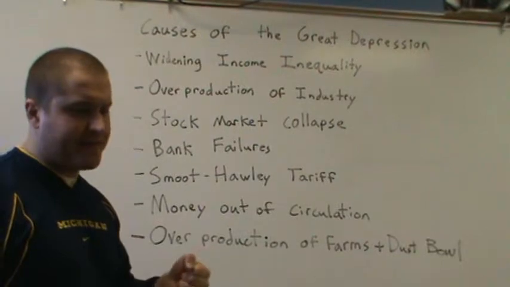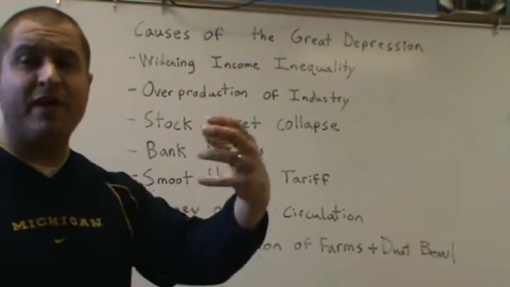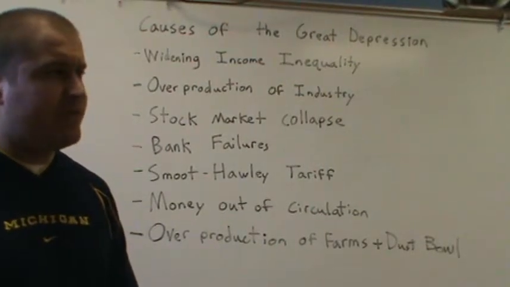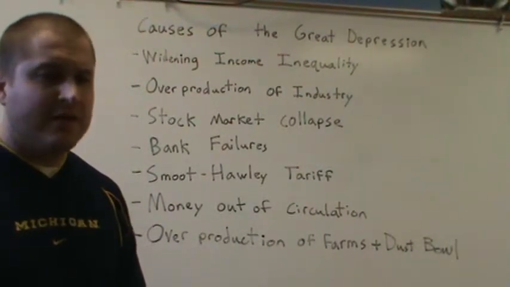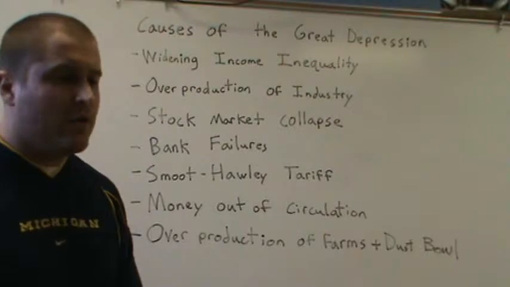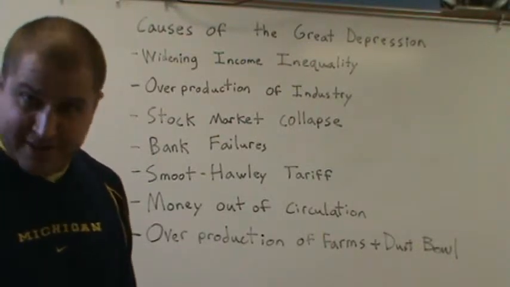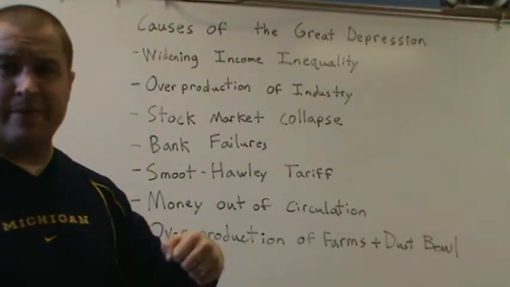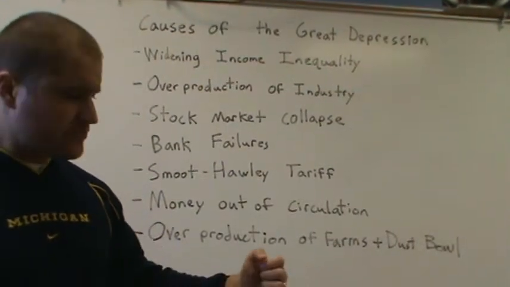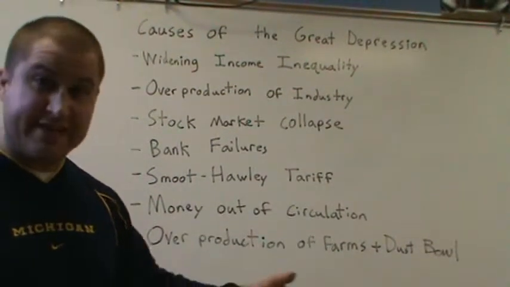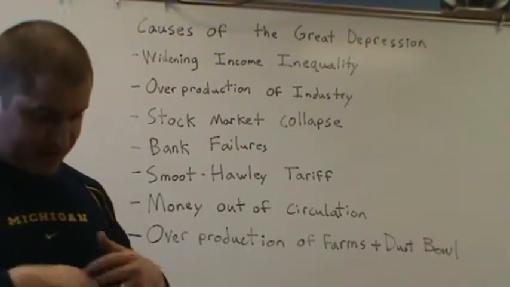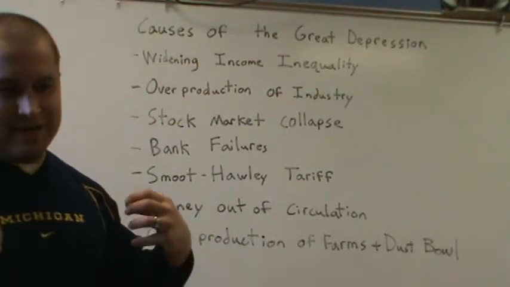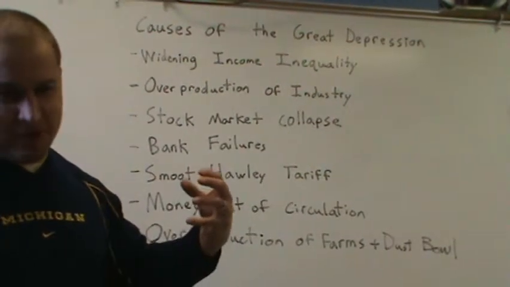He takes money out of circulation, and today they try to pump money into circulation when you're in hard economic times. You might have noticed the past few years we've done quantitative easing, where we had been for over a year in length creating $85 billion a month to try to help stimulate the economy, help keep the economy going. Hoover does the exact opposite. He takes money out of circulation. There's less money flowing. There's less money that farmers have.